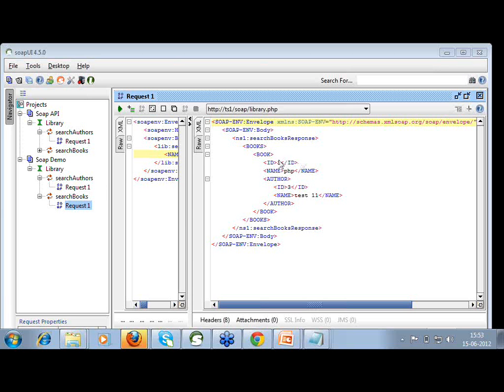Next is Vijay Yadav. Can one RESTful web service be a client to another RESTful web service for performing business operations? The question is not clear.